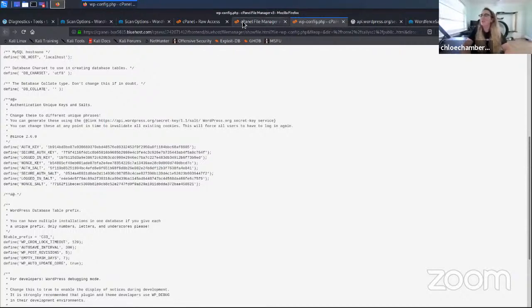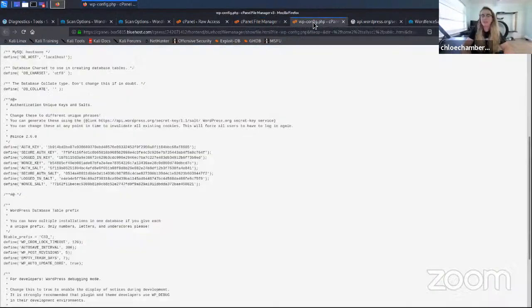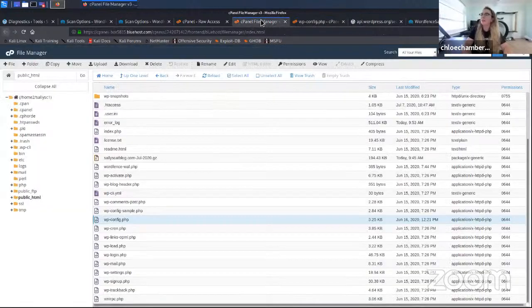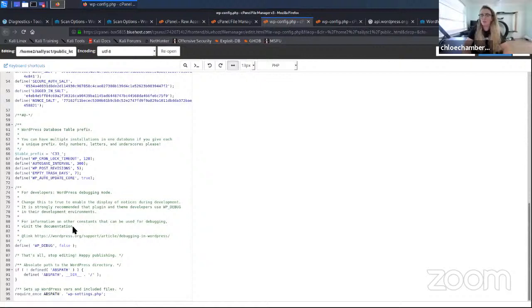And then you'd also want to make sure that you disallow file editing from the WordPress dashboard as another important hardening thing. So you'll click this. It would be in the WP config file as well. And at the bottom, you would just want to add, let me go ahead and click edit for this just so I can show you. You would want to add this line at the bottom. I think it needs to be,